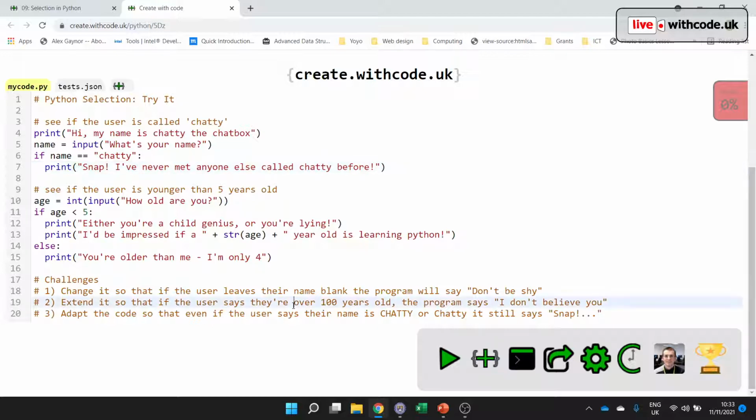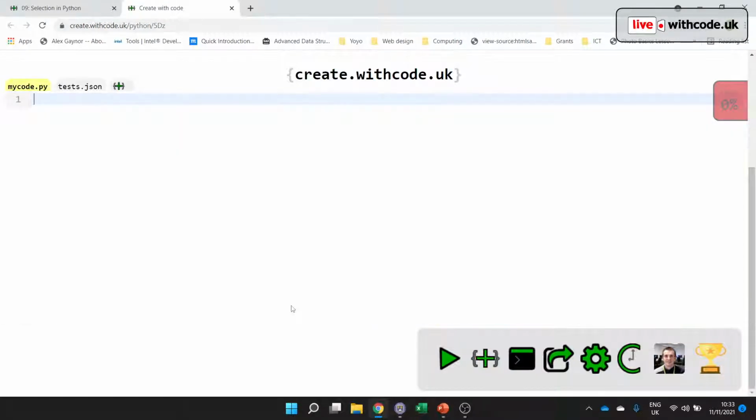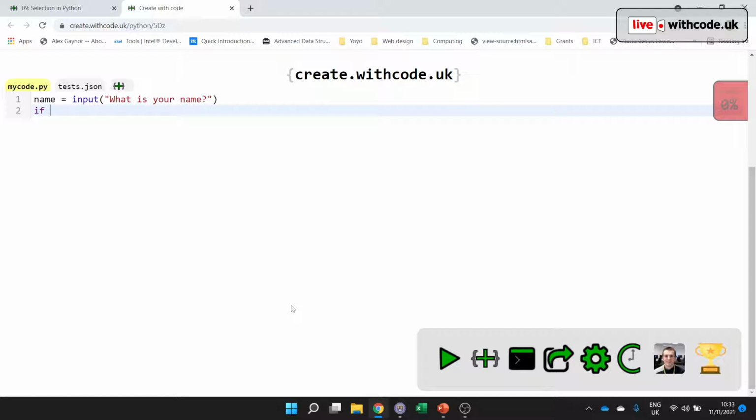So let's get started with some live coding. If we want to respond to the user, we have to first ask a question. So let's say, what is your name? So we did this in the first episode. The second episode showed us how we could store the response from the user in a variable. And then this week, we want to be able to respond differently depending on what the user types in. So we use if for selection, and we can say if the name is equal to the name of